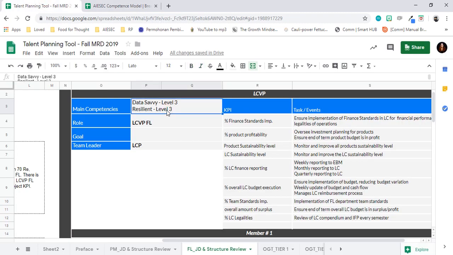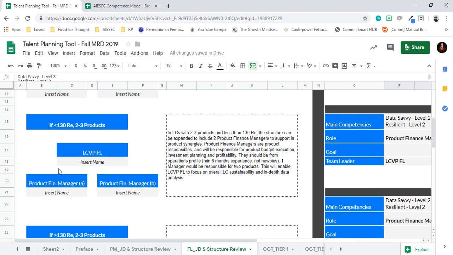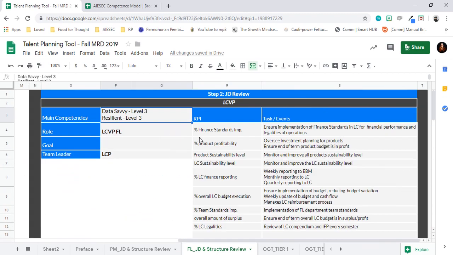This is useful for you to identify the gap that you have now if you're a VP, or in the future if you're looking to have VP elections. This is something you can keep in mind when you're looking for your successor. Their competency should be up to par to this level. So for the VPFL role, all these things would be the same for each of the structures. The expectation for KPI, tasks, and competencies would be the same.